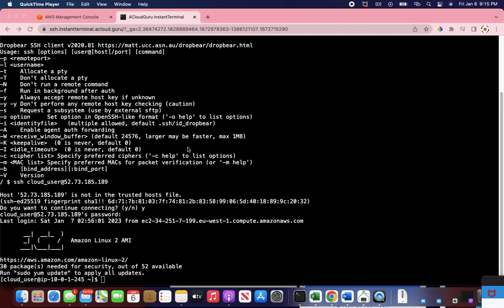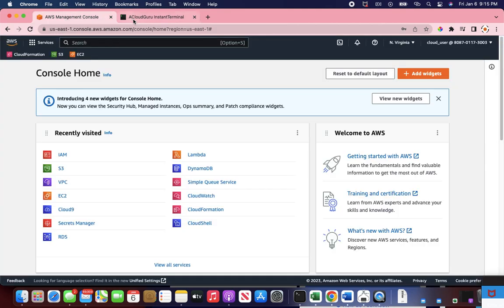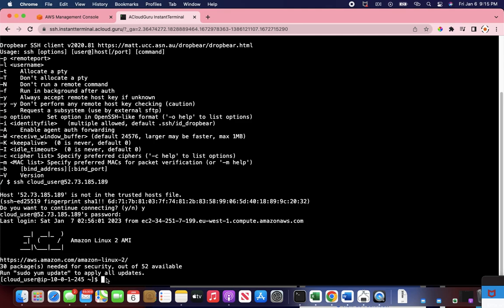So I already prepared our terminal and I already logged in with our user ID and the password on the terminal. And we also have our AWS management console open already to see the effect of what we're going to be doing today. So the purpose of this session is to employ Terraform provisioners to custom bootstrap a virtual machine in AWS and install a web server on it, and then we test that the web server is working as expected. So to do that, the first thing we're going to do after setting up our terminal is to clone